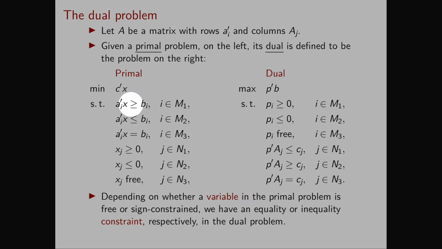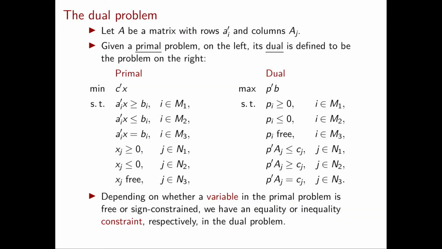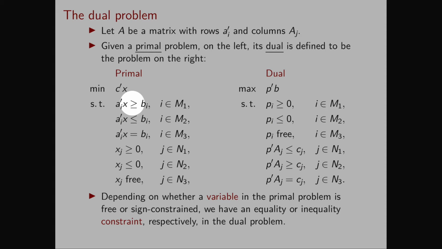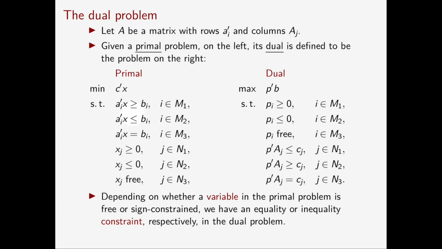In fact, for the inequalities of the form greater than or equal to, we introduce non-negative variables so that if we multiply the inequality by the dual variable, the inequality remains of the form greater than or equal to. On the other hand, if the inequality is of the form less than or equal to, we want to multiply it by a dual variable that is negative, because then the inequality sign flips, and so these two types of inequalities can be summed together, and we still obtain an inequality of the form greater than or equal to.